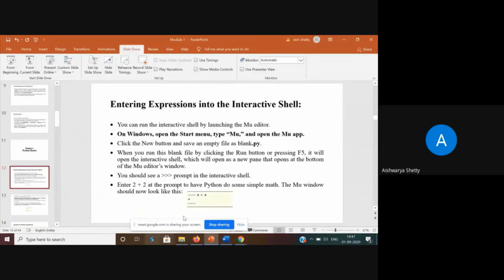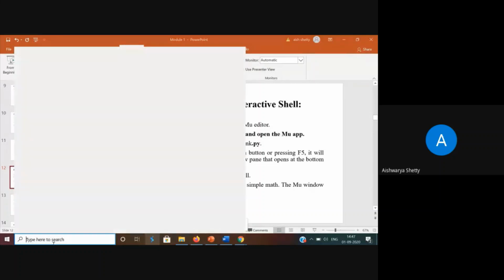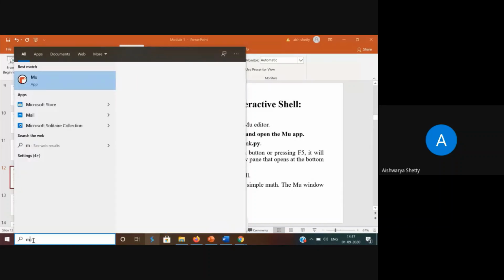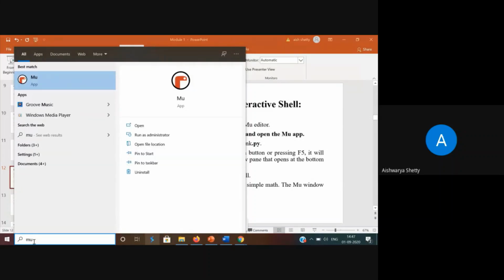So here, so can you see the screen now? Can you screen? Yes, See? ma'am. Okay, so here in the start, near the start button, you need to type mu. Okay, already have installed that software, so it will display here mu app. Can you see that app? Yes, ma'am. Yes, ma'am. Yes, ma'am. So okay, click on that. Okay,